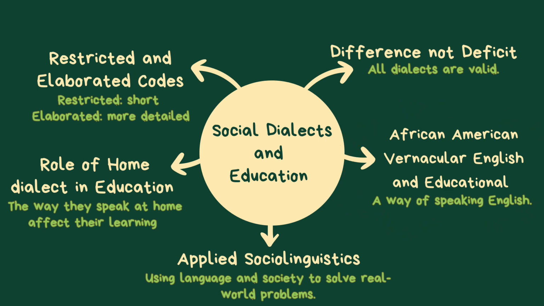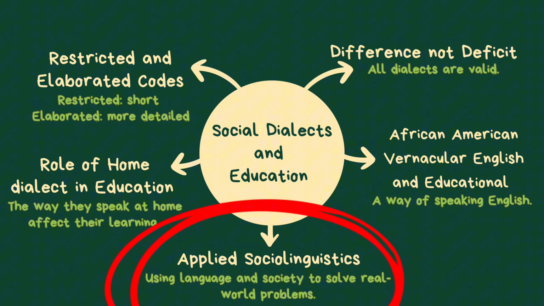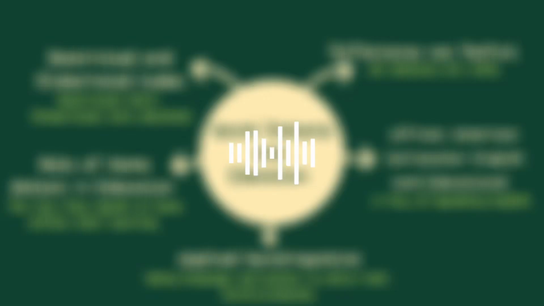And the last one is applied sociolinguistics. It means using language study to solve real-world problems in education. For example, developing reading programs that use books written in various dialects to help all students improve their reading skills. So thank you Desvi Mulia Faradila for that insightful presentation. Next we have Aida, who will discuss multilingual education. So Aida, the time is yours.